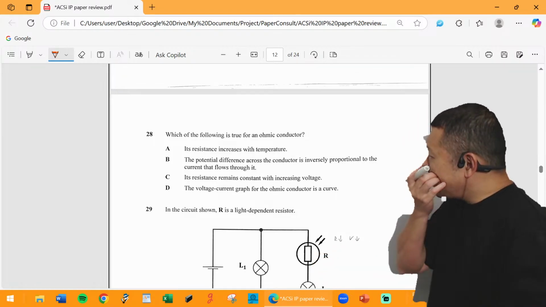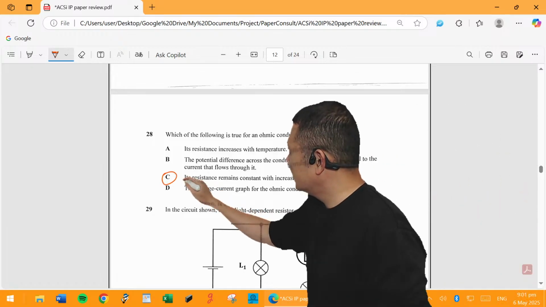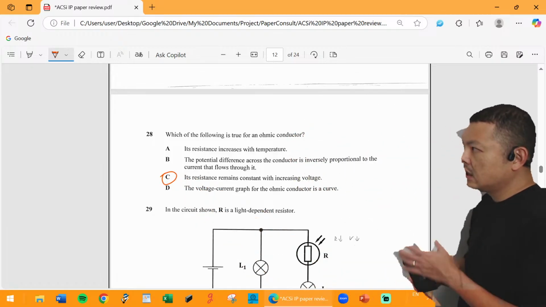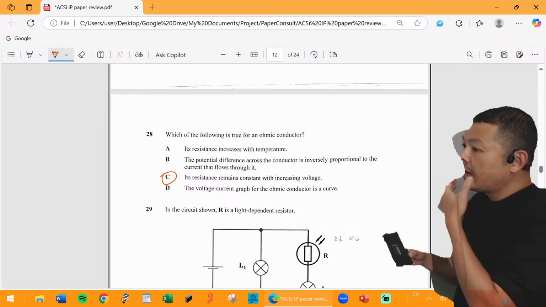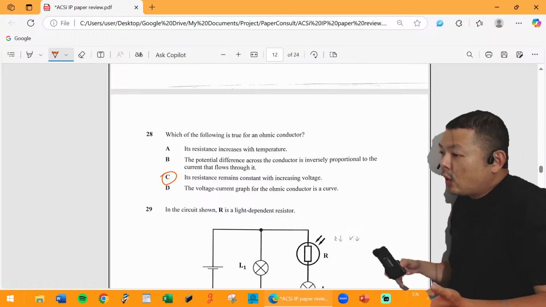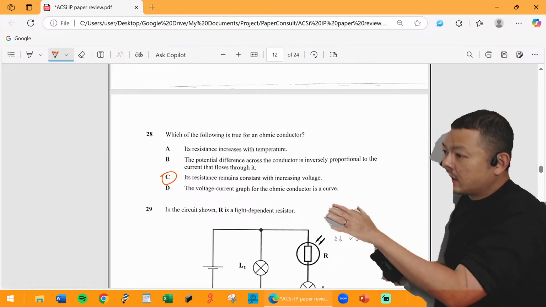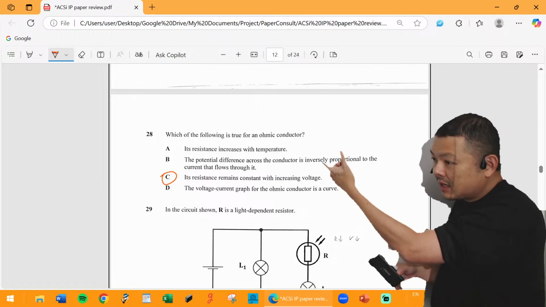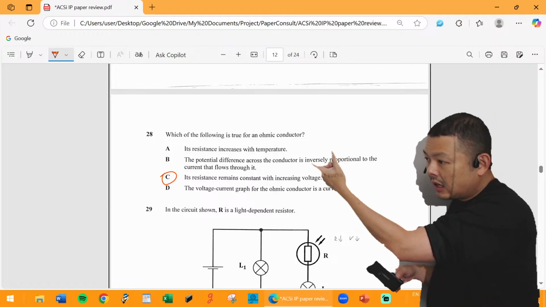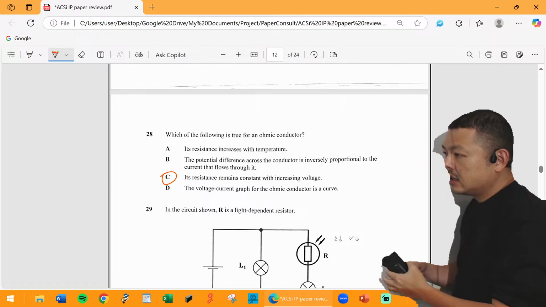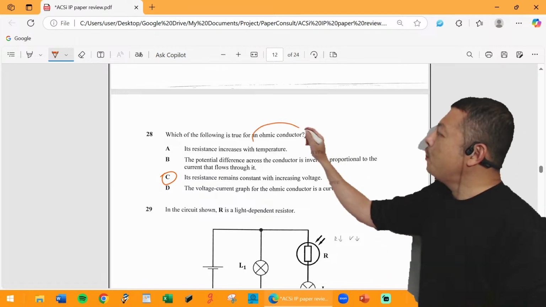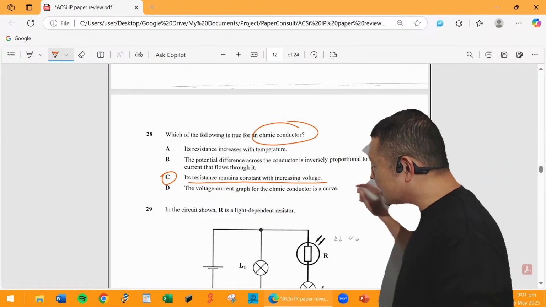So A shouldn't be the answer. But that would be a non-ohmic resistor. No, like C's answer. Wait, hang on, Ben. Why are you telling me that A is the answer? You mean the teacher marked A as the answer for this one? See lah. It's ohmic, right? Ohmic means